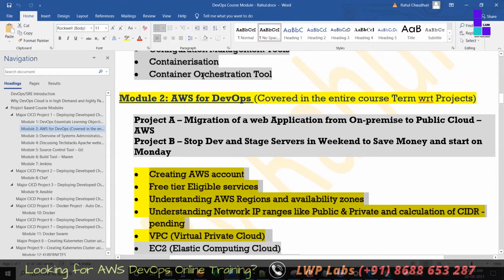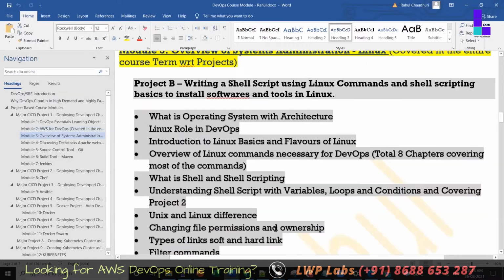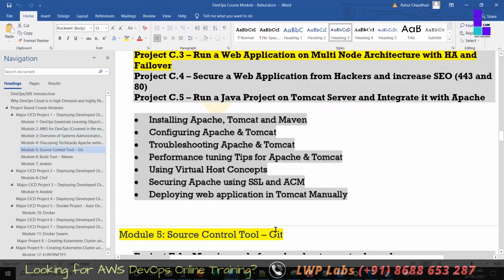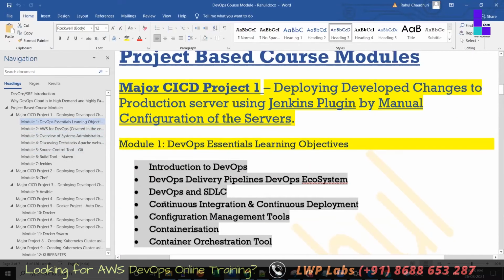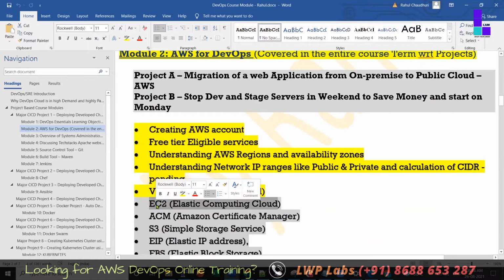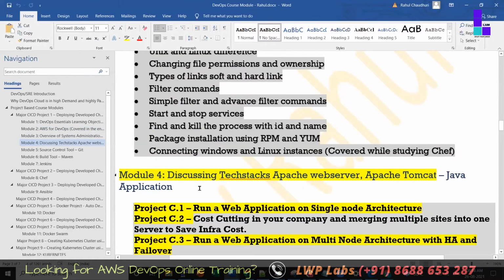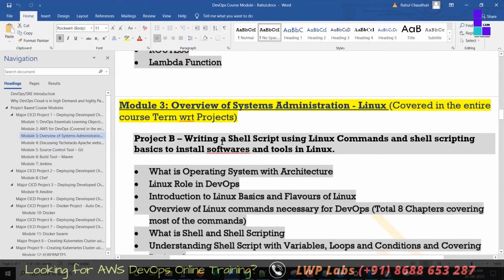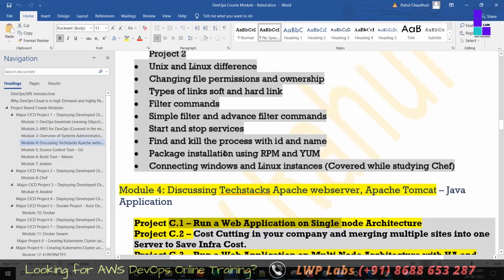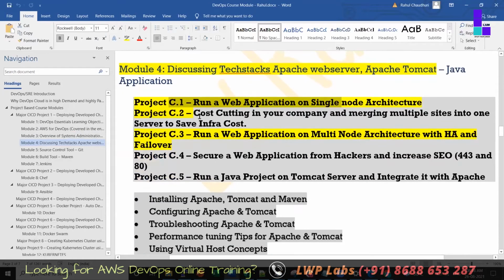Now we'll come further. This is covered in the entire course, as I told you. We will not go sequentially. Now we have to understand EC2 and this machine, how to create machines and so on. So we'll directly jump into our module 4, which is this, C.1. When we do this, all the previous things covered in the entire course will be automatically covered. So we now have to jump into these 5 projects, which are very, very important projects.